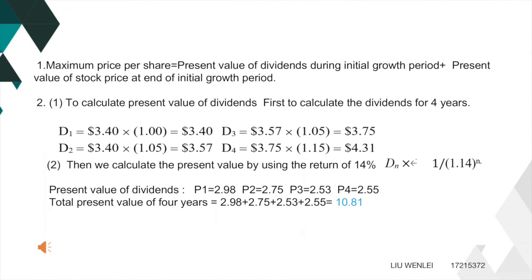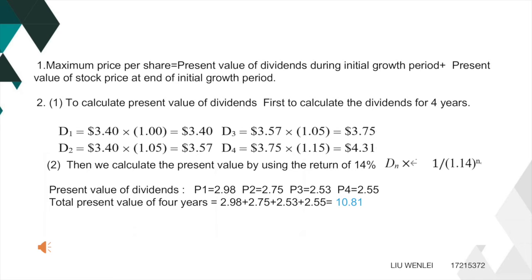So the first step: maximum price per share equals the present value of dividends during the initial growth period plus the present value of the stock price at the end of the initial growth period. And the second part is to calculate the present value of dividends. First we calculate the dividends for the 4 years. So D1 equals $3.40 multiplied by 1, which equals $3.4. D2 equals 3.4 multiplied by 1.05, which equals $3.57. And we can easily get D3 equals $3.75 and D4